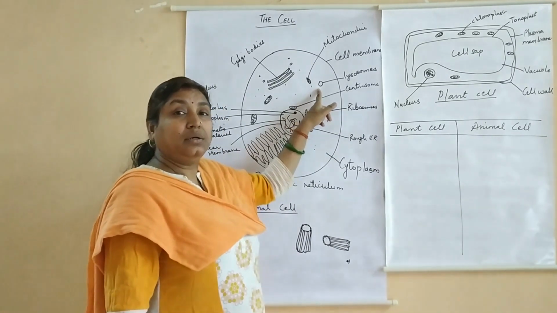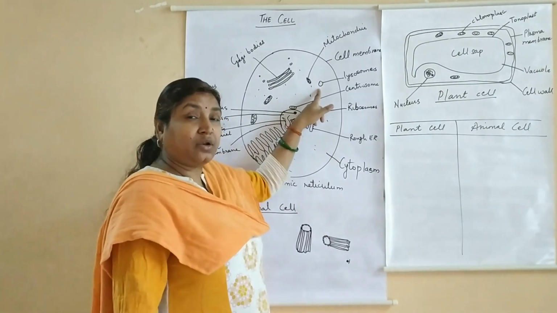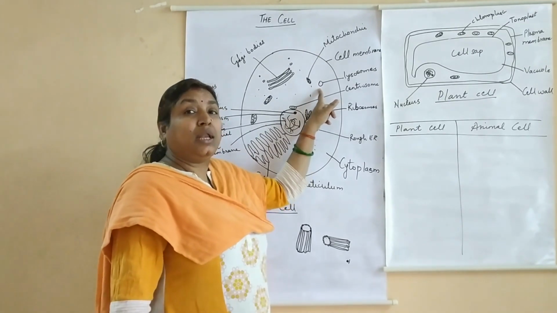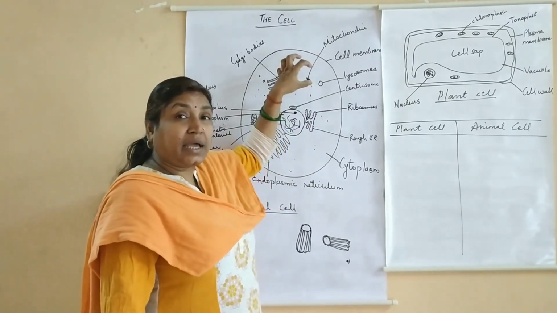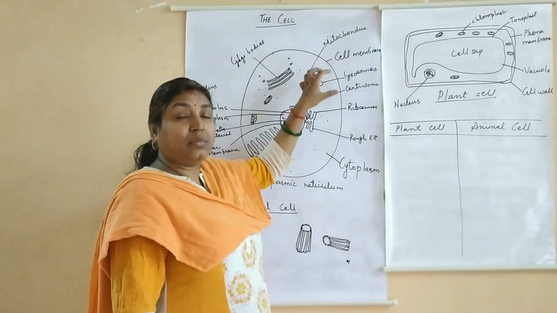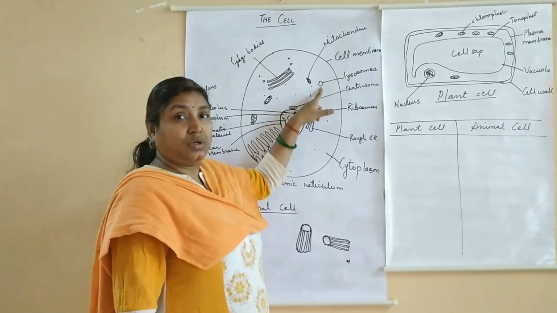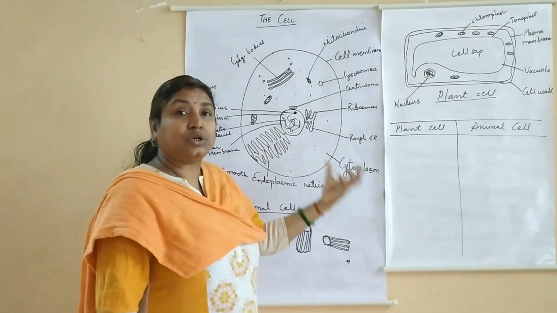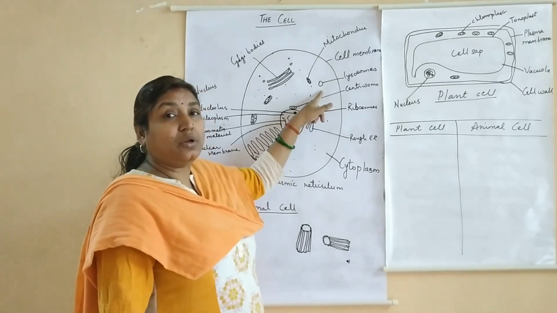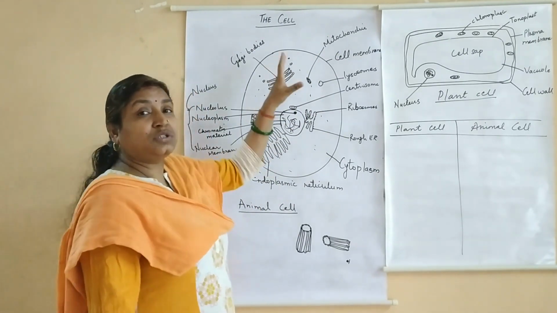Once these organelles die out, those dead bodies are broken down, or digested, by the enzymes present in the lysosome. Now these enzymes are so strong that if these lysosomes happen to burst for any reason and the enzymes leak out, they are capable of digesting their own cell. It will eat up its own cell.